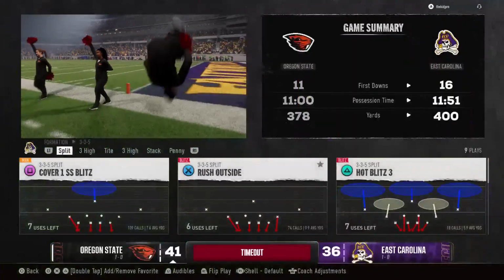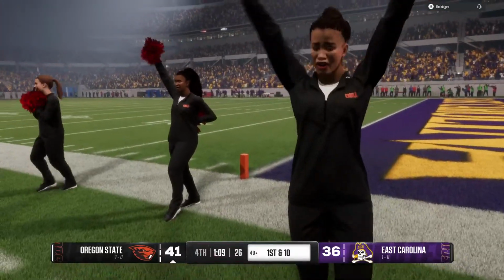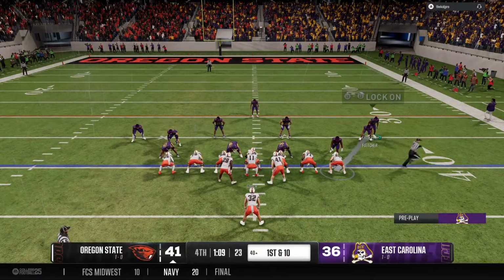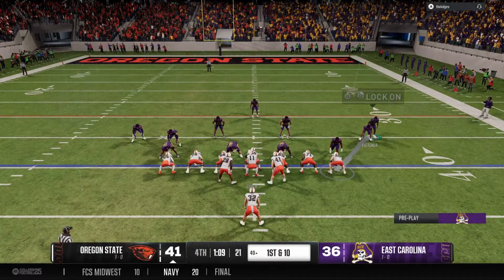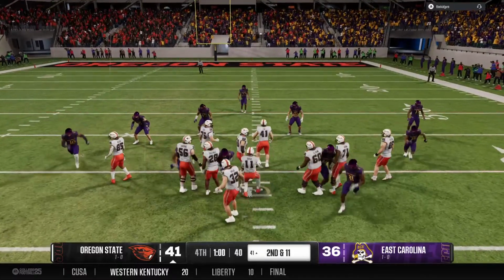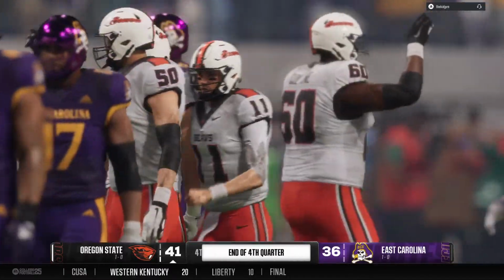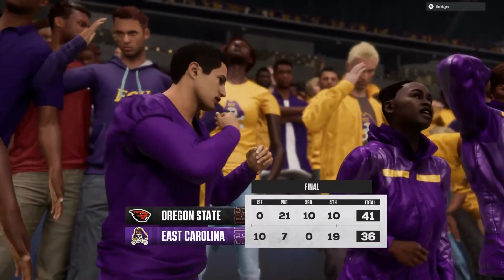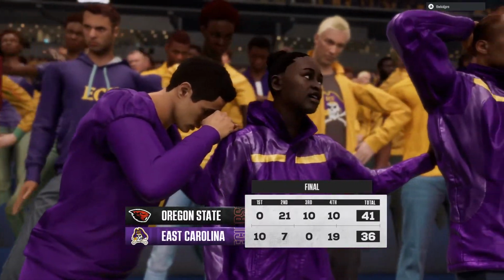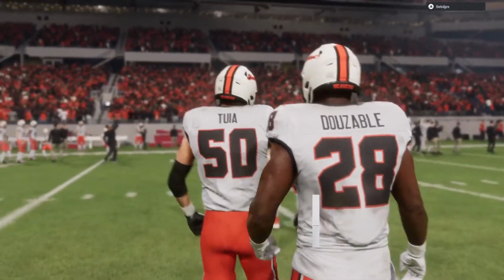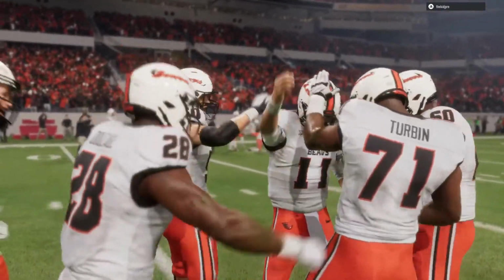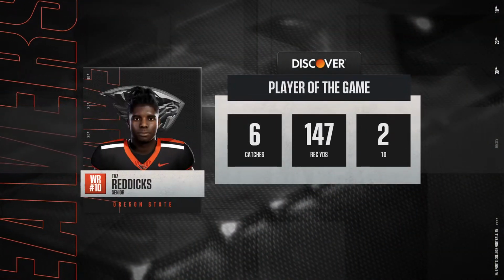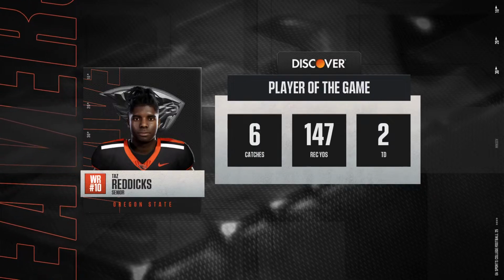Timeout called there by the defense, desperate to get the ball back and save as much time as possible. First down for this offense. And they'll take a knee. We've waited so long to start the season, and just the way you want to start, getting that first victory. And the first games are so much fun. You've been practicing against each other over and over all through camp. Now you get to come out, start the season off 1-0, Jesse. Great start. It was a great start for the winning team.